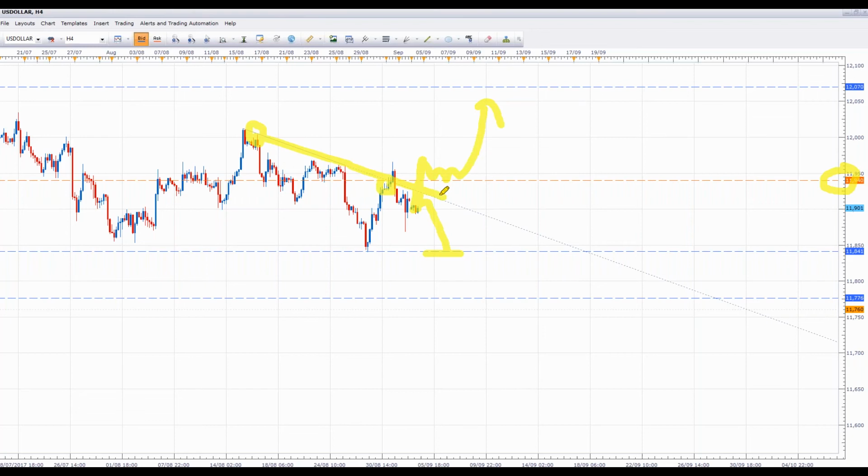So as long as it's below this confluence of the downward sloping trend line and the resistance area, we're going to look for declines. And if we get a break above this confluence area here, then we are going to be looking for longs in the US dollar index. So just bear that in mind if you're trading anything with the US dollar index this week. Now, as a result, we're going to have a neutral to bearish bias, because it is actually ranging. I mean, this could come down like this, and it could even come back up like this. So we'll take some of the other currencies on their merit this week.